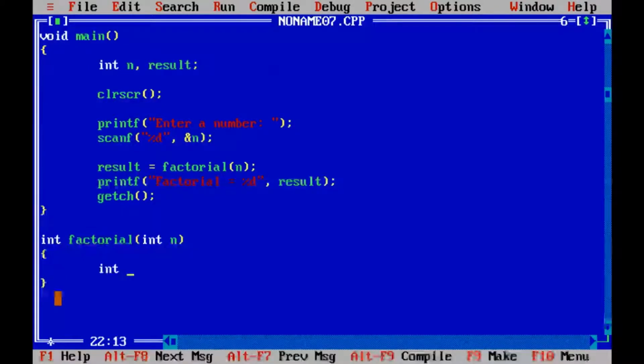Now in this I'm declaring one variable int fact equal to 1 and another variable i for looping. Then I'll say for i equal to 1, i less than equal to n, i plus plus.